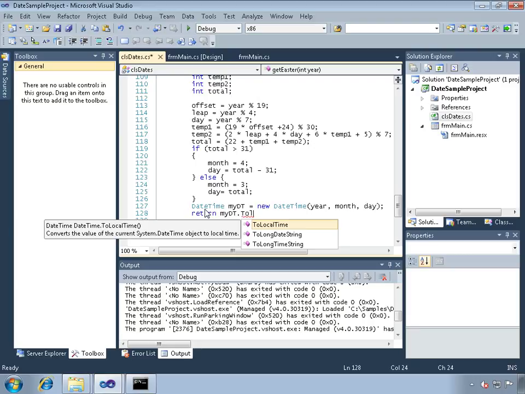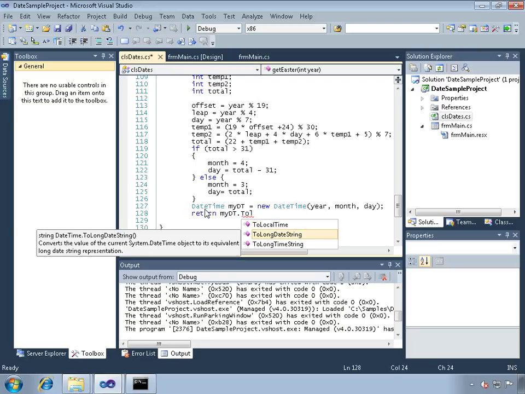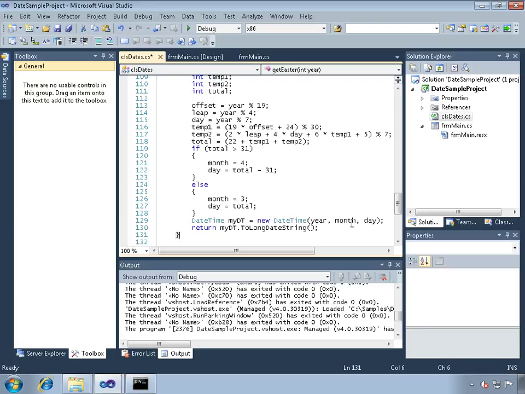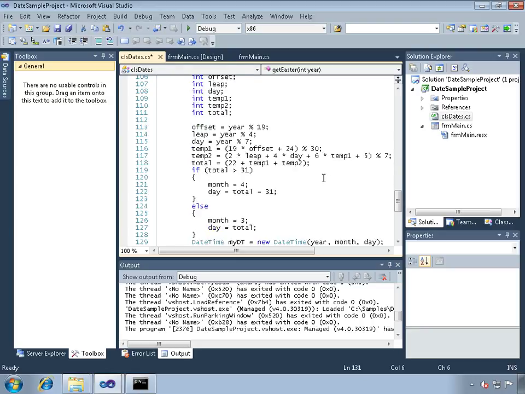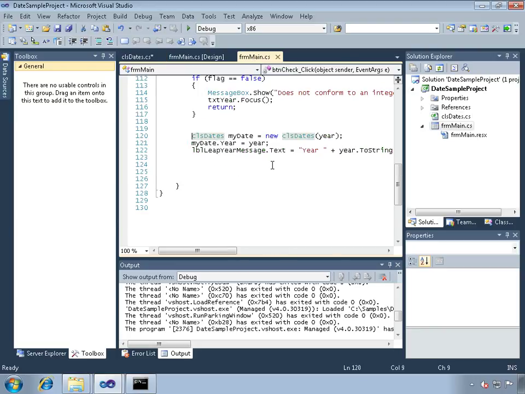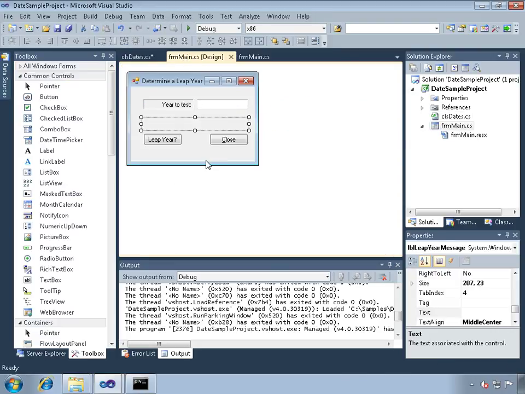And we're going to do a long date string. Now, if we've done all of this correctly, we should be able to run this. And once we're over here, go to our design, make room for our